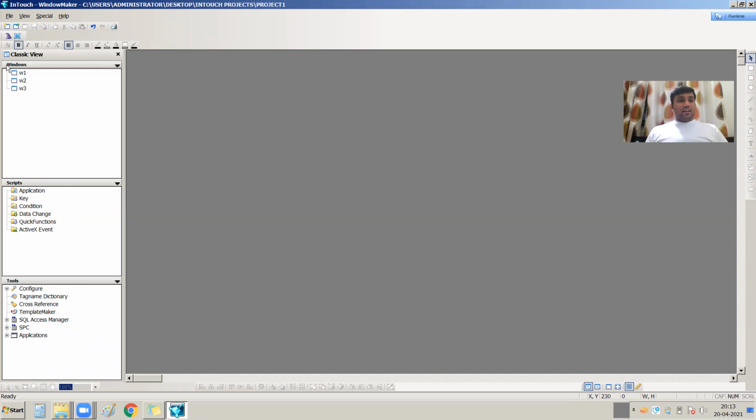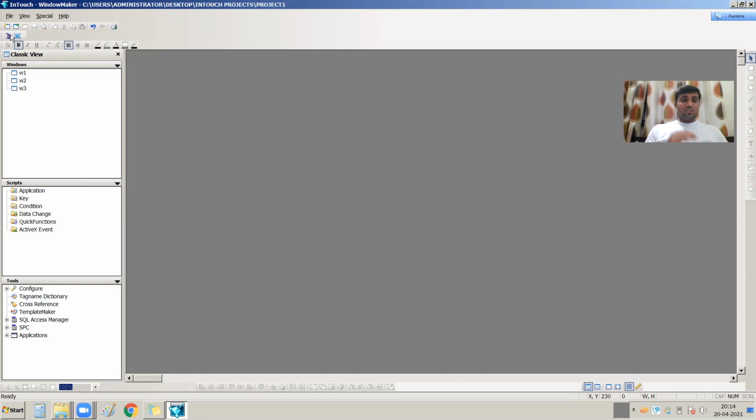Over here there are some color palettes available: line color, fill color, text color. Above that, the smart symbol wizard and the wizard are available. These two, wizard and smart symbol wizard, are the main useful tools, and we will discuss them while developing the project.